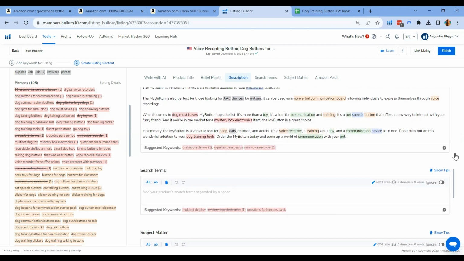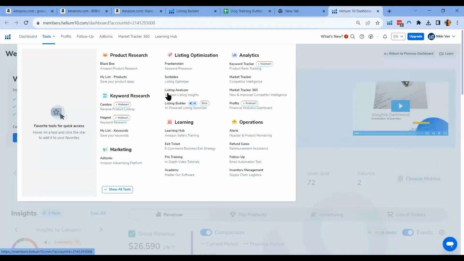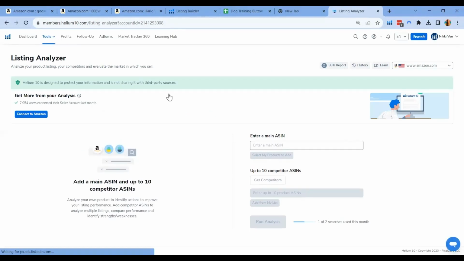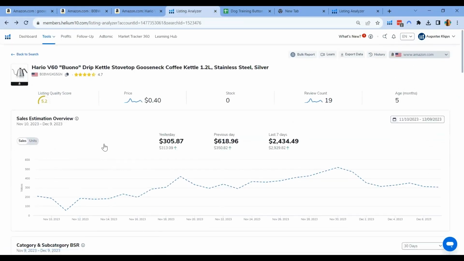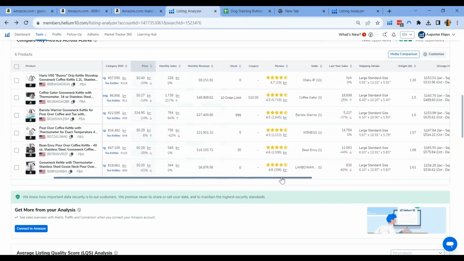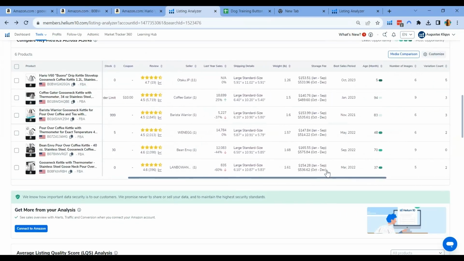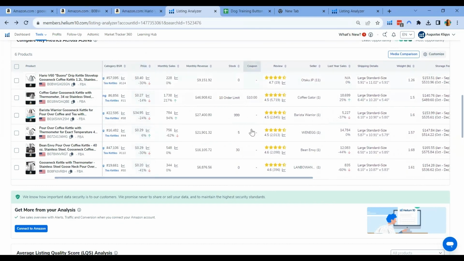So today we're able to show you how to get a listing analyzer tool to help you compare how your competitors are excelling, what strengths and weaknesses do they have from their listings, especially in the keywords, in order to use that into your advantage and gain the opportunity to win those customers against them.